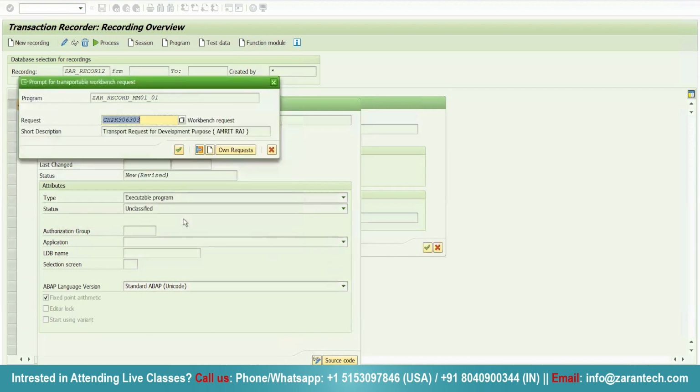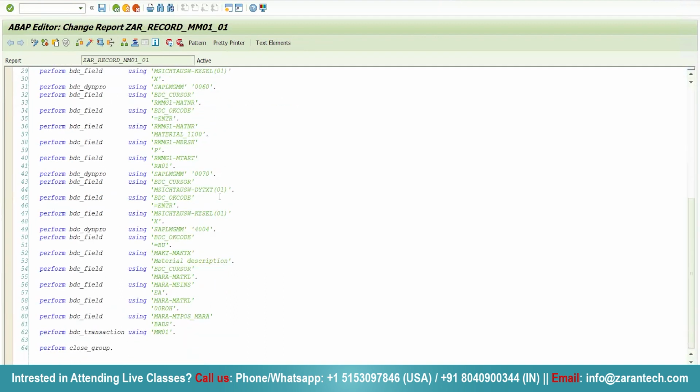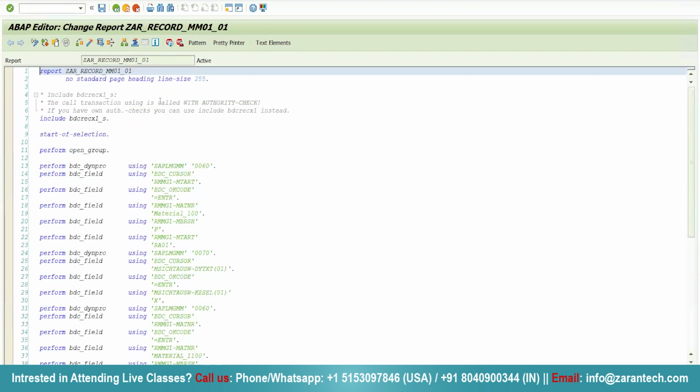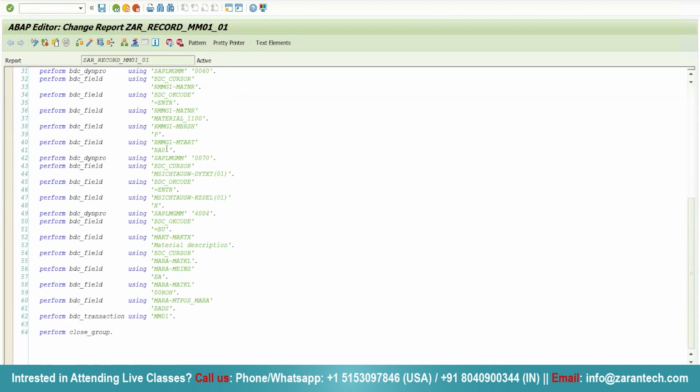Then assign the package and transport request. Now see, whatever steps you have taken during the recording are all recorded, and we can see a particular PERFORM BDC_FIELD and those particular steps that you have used here.